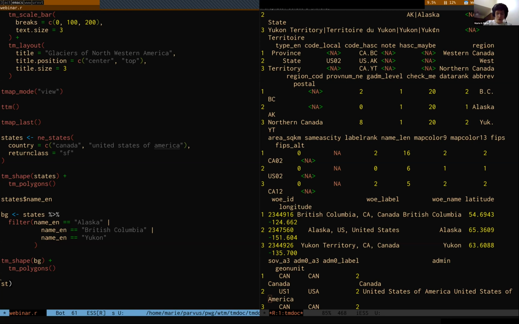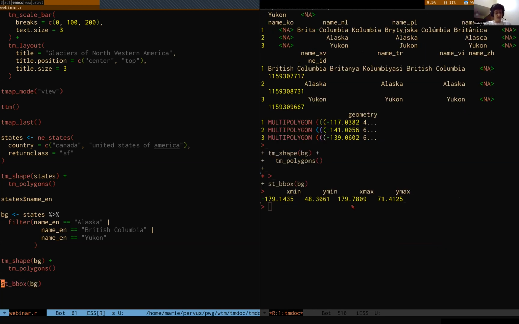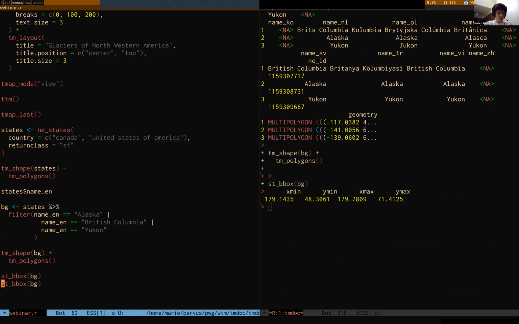If I want to look at the boundary dimension of an sf object, the function is st_bbox. So the st_bbox of my background are here, but the